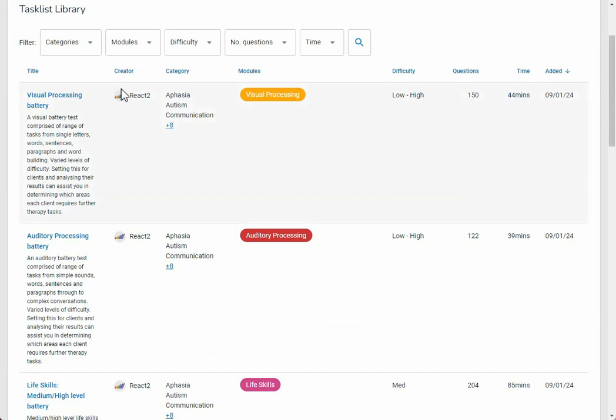So here it shows us various things. The title of the task list. In this case, the first one is a visual processing battery, which would be a visual battery test comprised of a range of tasks from within visual processing, which you could use with a client, and to analyze those results you might determine the sorts of exercises, levels that they need to be working at in visual processing, for example. So a great starting